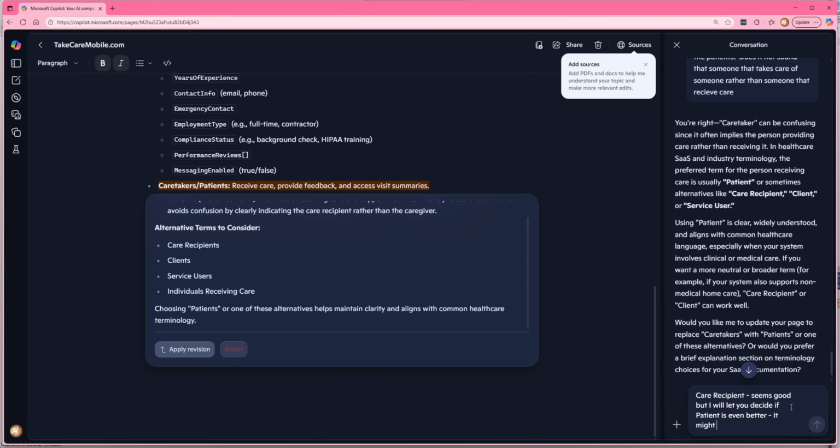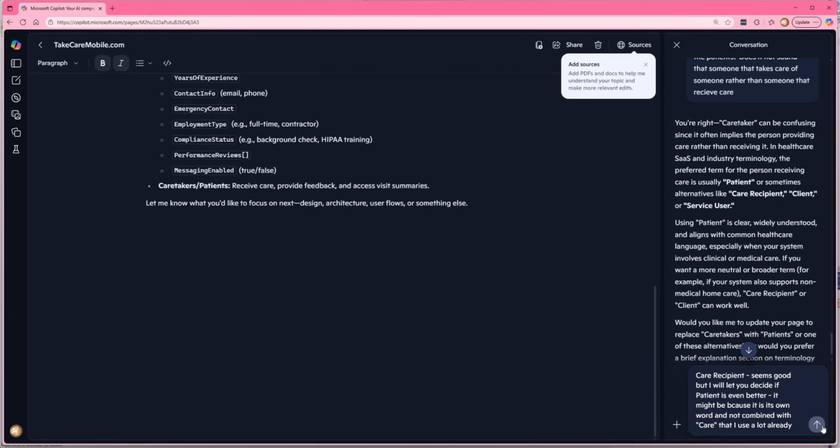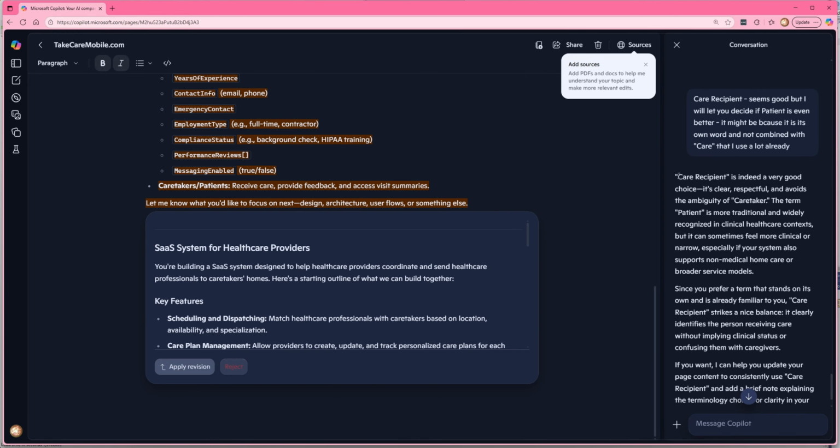It might be because it is its own word and not combined. I use a lot already. Because I'm thinking ahead, when I have done this and I forget about everything for some weeks and then I come back again, will I still get confused about caretaker? So I guess I'm gonna need to reject the first, and then I'm gonna, okay, what it says, caretaker